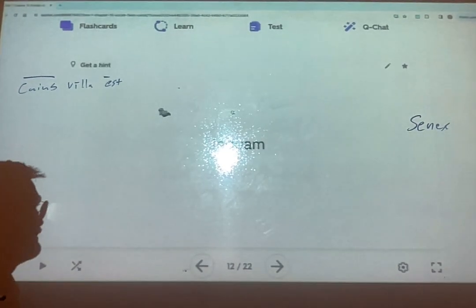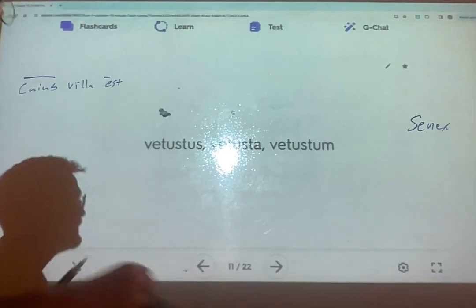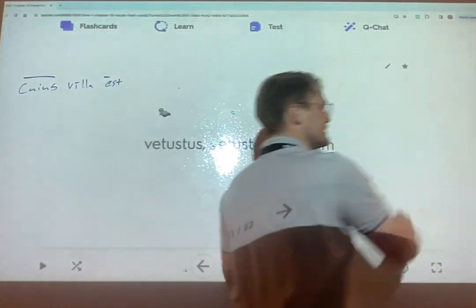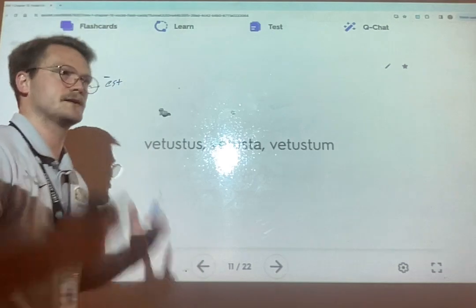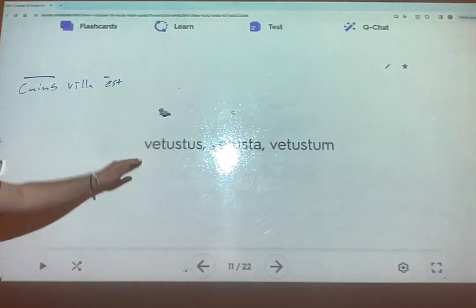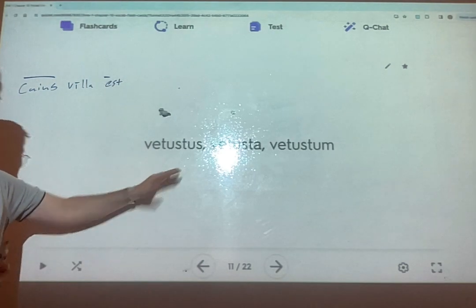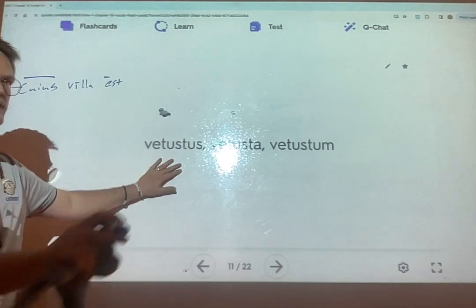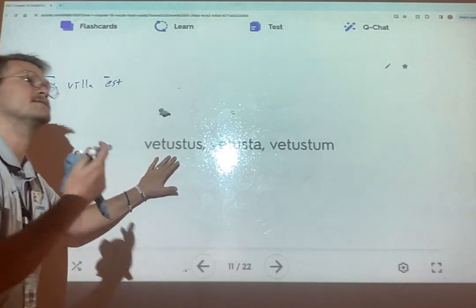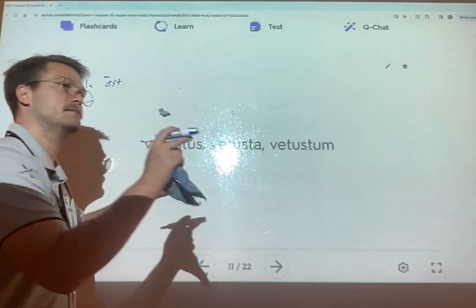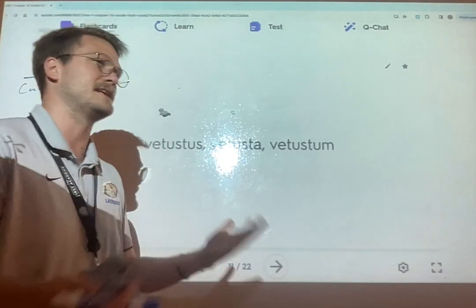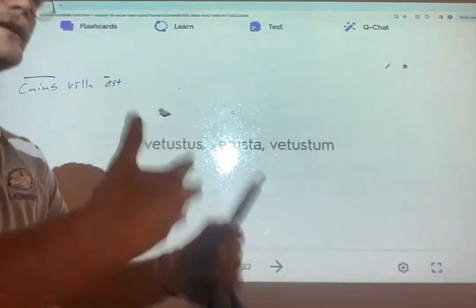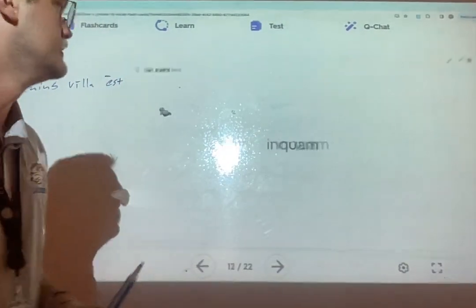So would they generally use the first declension adjectives with the first declension word? No, that's a great question. I should have emphasized that. Senex is literally just talking about a physically old person. If you're describing something else that has experience or age, like that wisdom aspect, one of our derivatives from this word is veteran. That's a veteran NFL player. He's not necessarily old, he's just experienced. That's what it means by old here. So a little subtle difference in translation there.